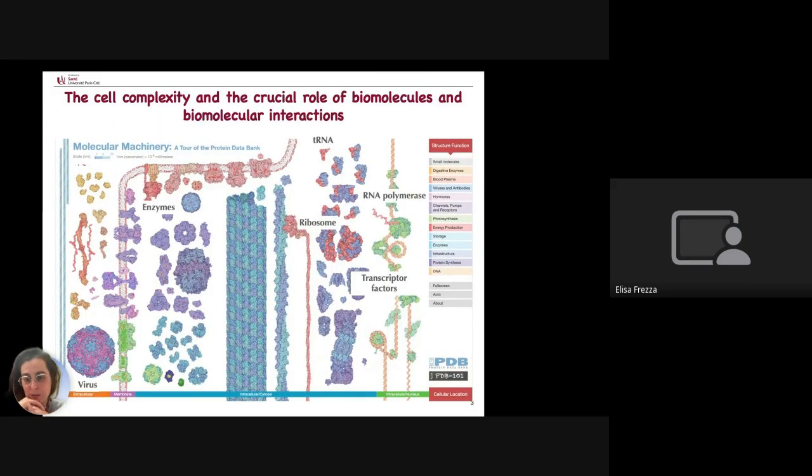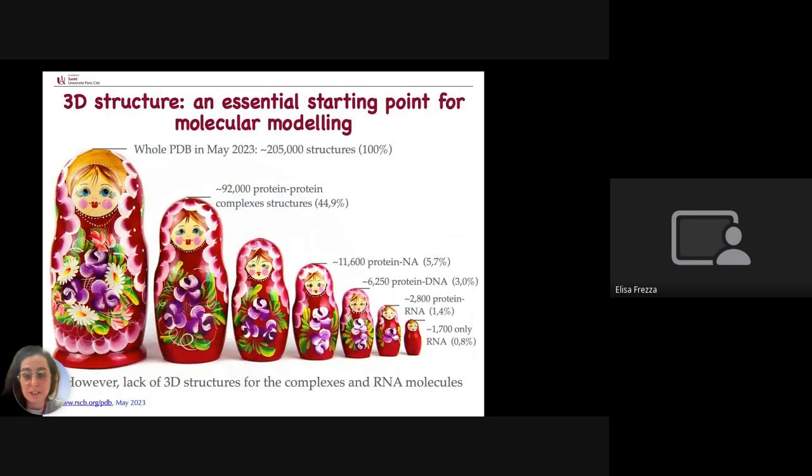The main object of our work is to look at the cell complexity, and in particular at the crucial role of biomolecules and biomolecular interactions. If you look at the molecular machinery in the cell, it is also related to the fact that biomolecules interact. But to have insights on that, we need to know the structures. And if you now look at how many PDB structures are available in the literature, we realize that